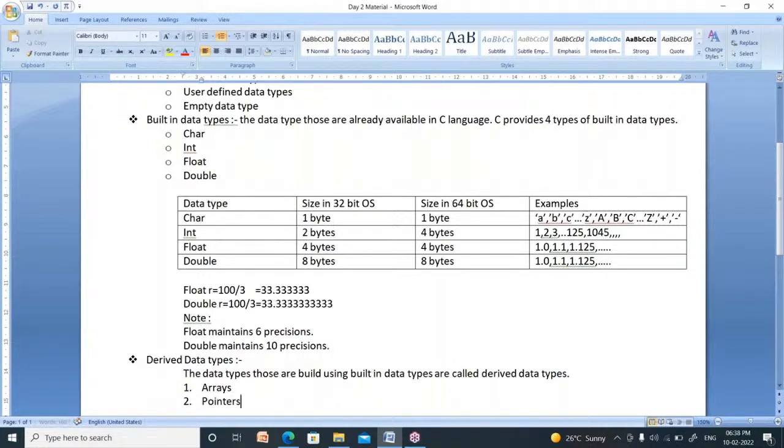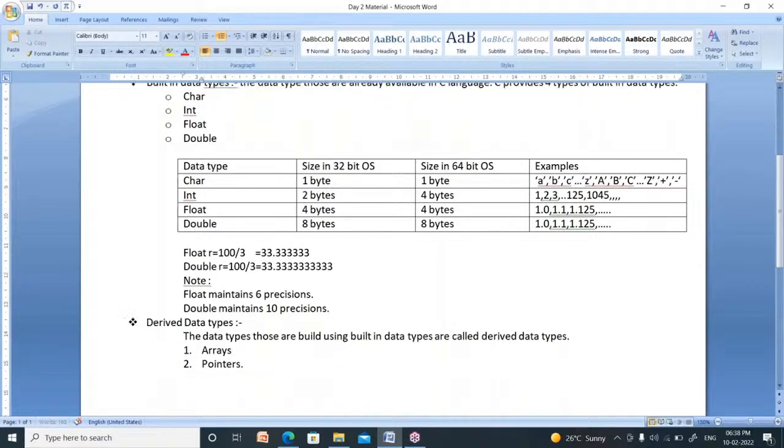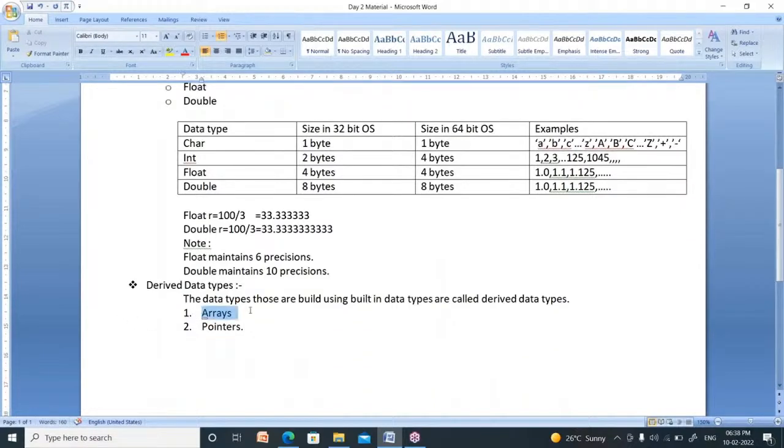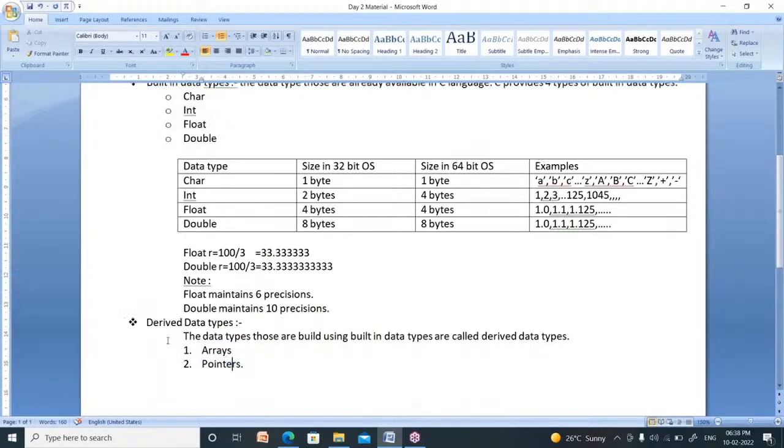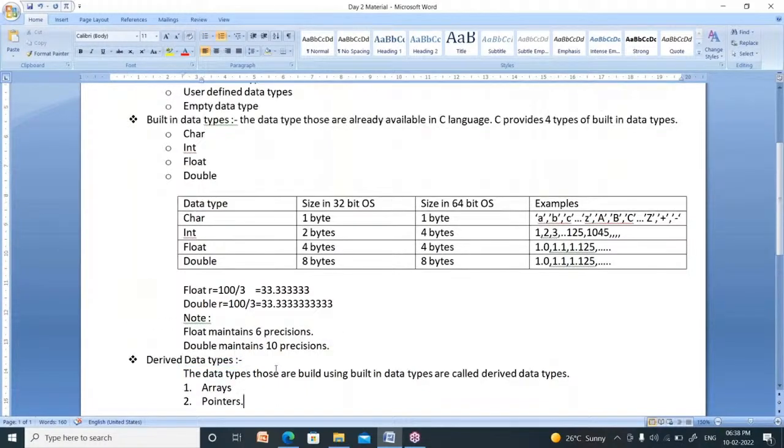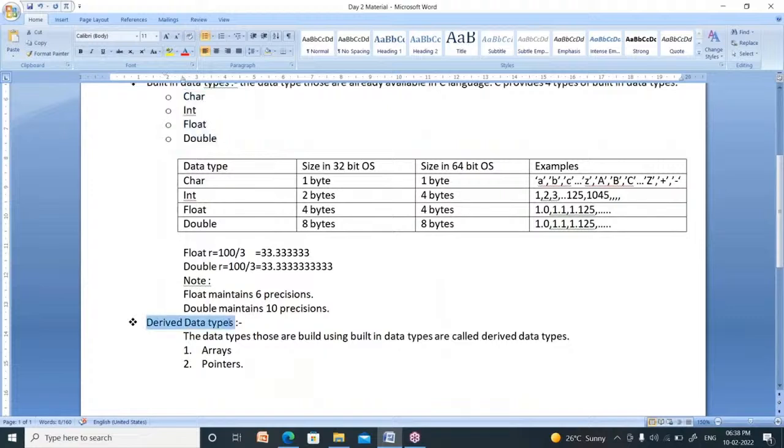I will explain these two concepts later, as there are two chapters, arrays and pointers. What is the meaning of derived data types? The data types created or built using built-in data types are called derived data types.